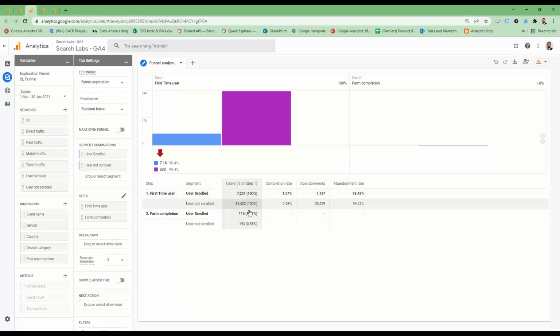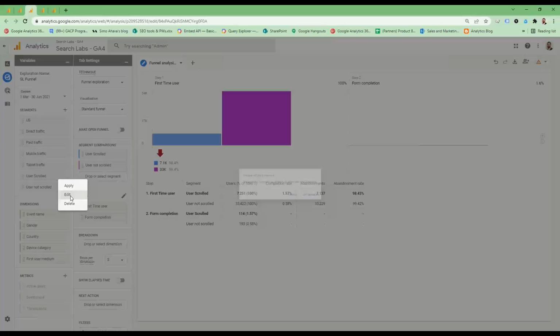So there's a bucket there of 7,250 who are highly engaged, or much more engaged than the rest of the traffic. So we could do remarketing towards that segment of people. So people who scrolled, we could be more targeted at trying to get more of those people to come back and then subsequently fill a form in. And by the way, that is very easily done: if you just click on those segments and click edit,